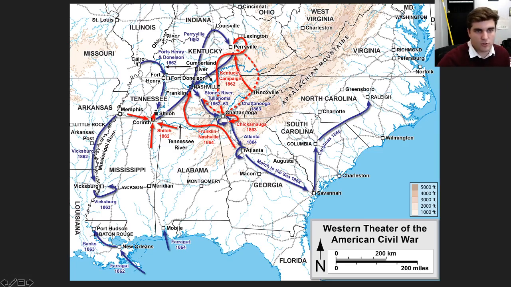Even though all of these are the heart of the Confederate States, you still lack support here. So if you've lost your support from Arkansas, Missouri, Louisiana, and Texas over here, it becomes much more difficult to carry on this campaign. And as you can see, really throughout this area, Farragut captures Mobile, Alabama in 1864.